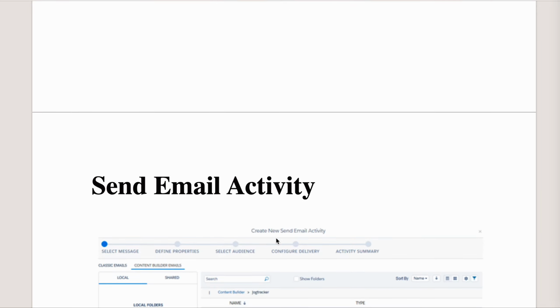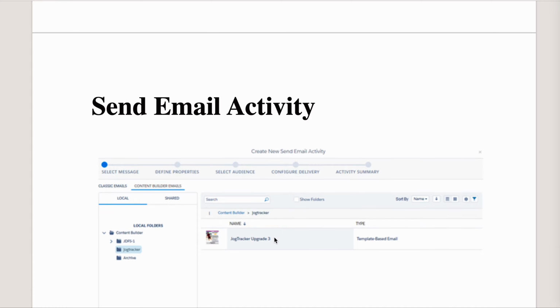Now in Marketing Cloud activities, I want to cover the first one, which is the send email activity. Let's say, for example, you want to send out an email to 100 subscribers every month or every year, then you can put up a send email activity. I'm not going over the entire activity, but it primarily consists of